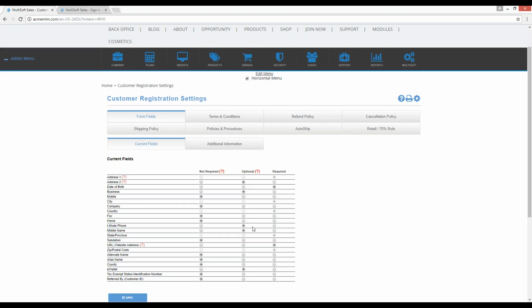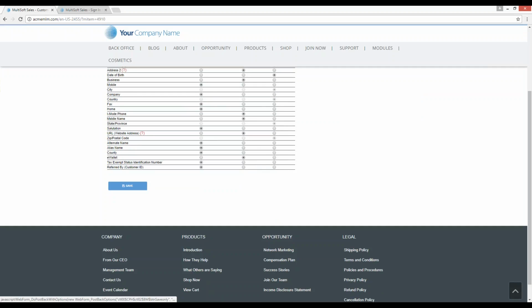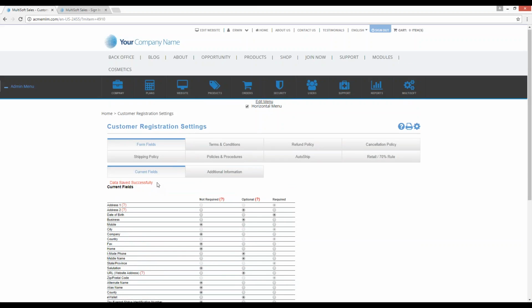The same thing with the other field. So let us say the URL or website address is not required. You only want it to become optional. So just click on the optional column with the radio button in line with the website address. Once that is updated, next thing you need to do, just click on the save button. And as you can see, you should be able to receive this message which says your changes have been saved